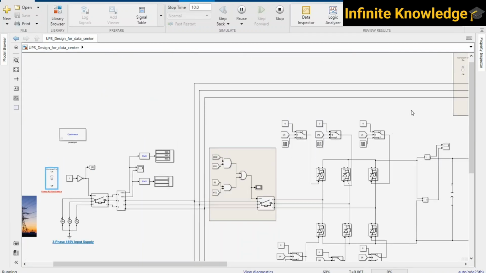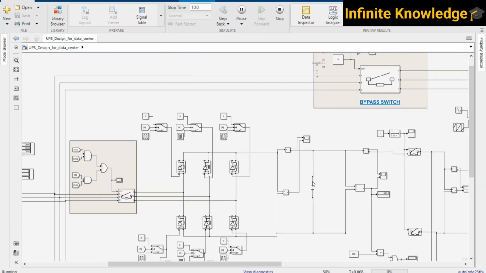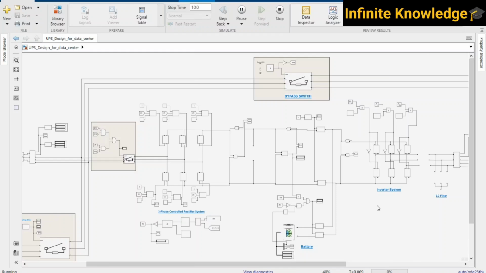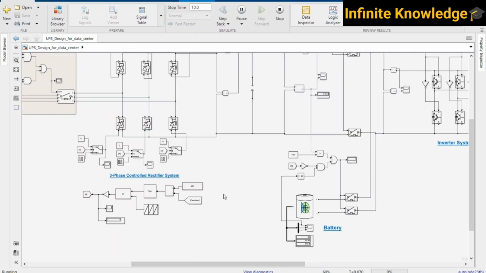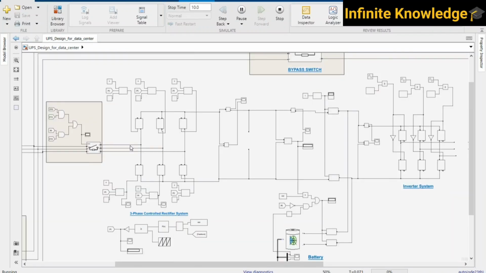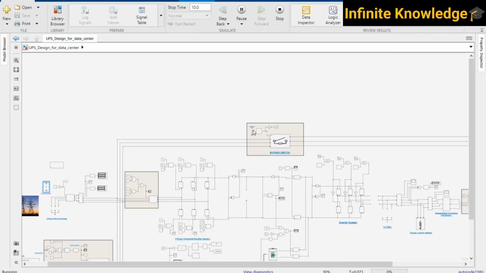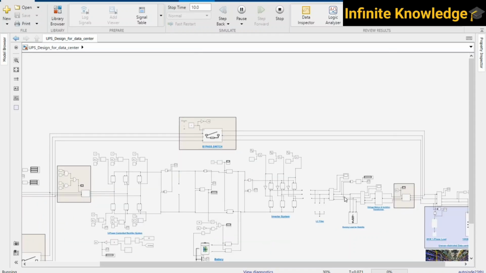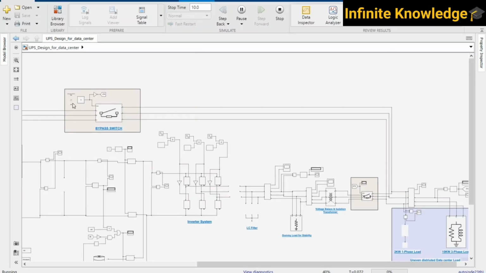And yes, there is one static bypass which is also there. Whenever you require any maintenance activity over the rectifier or inverter, or if any type of failure happens inside the system, in that condition you need to bypass this UPS, and through this switch you can bypass it. So yes, I turn on that switch, and as I turn on this switch,